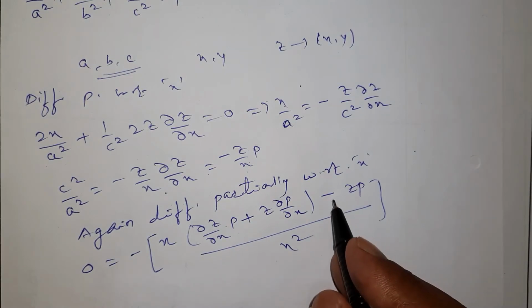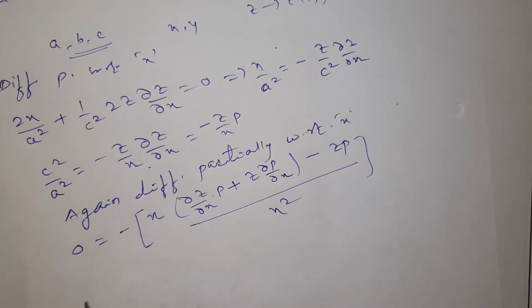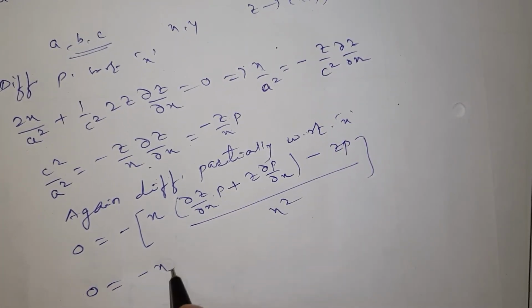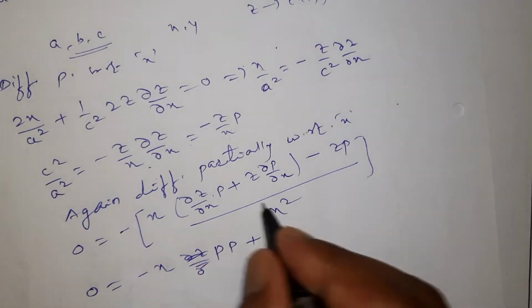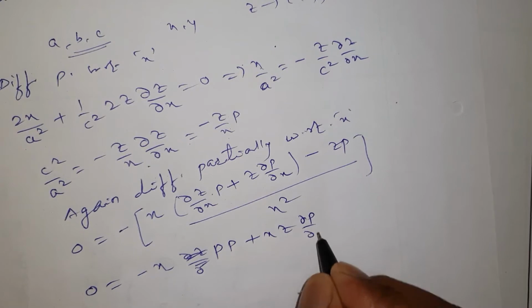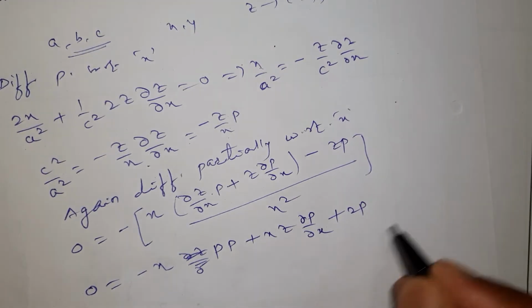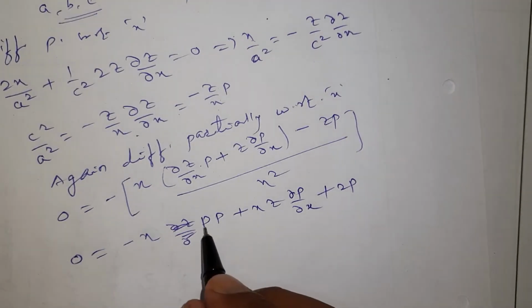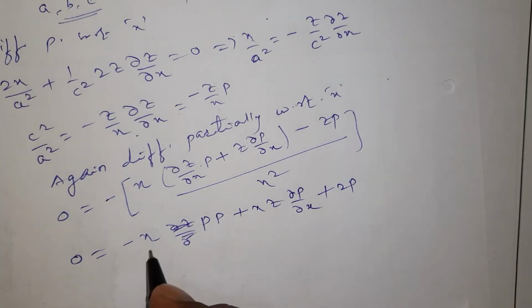Clearly. Now take the minus sign. You may take the minus sign common and cancel, no problem, or you just multiply the minus sign inside. But here x square is at the denominator, transfer it to the LHS, it becomes 0. So I get 0 is equal to minus x dou z by dou x, dou z by dou x is p, into this p, plus xz dou p by dou x, clearly, and minus minus plus 2p. Clearly, p into p square, or you may take p common and cancel, no problem. But we will keep it as it is here.